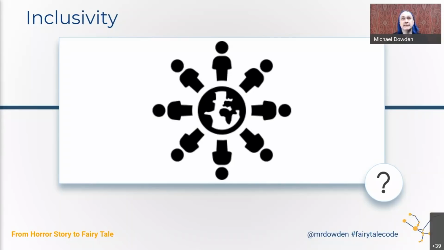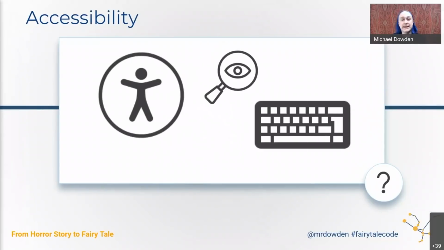And it means that different people have gone through different educational paths when learning to code. And therefore, the way we write our code is going to be more easily understood by some developers than others. So we need to think about this. Are we inadvertently creating barriers to entry for future developers based upon the way we build our code when we think about our code as communication to future developers? It's very important. Accessibility.